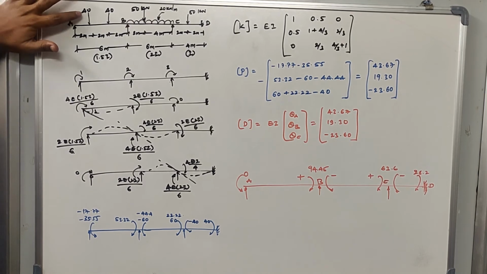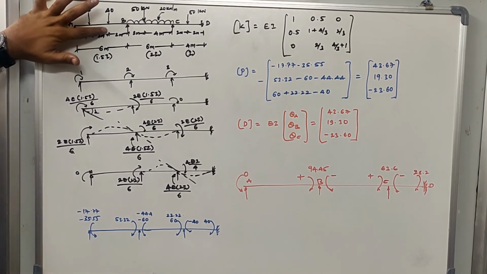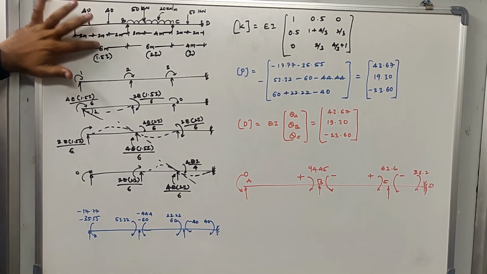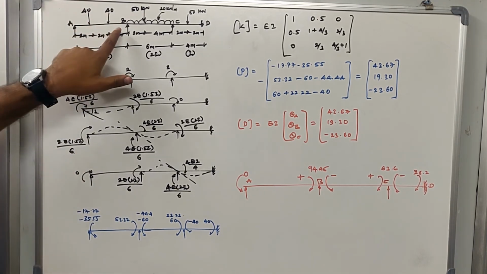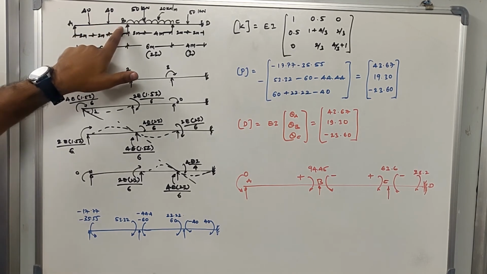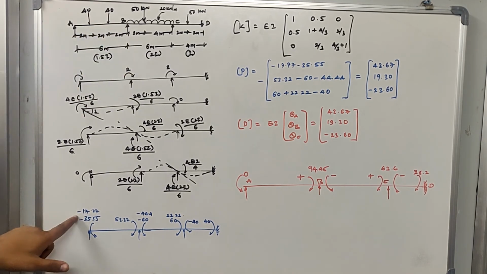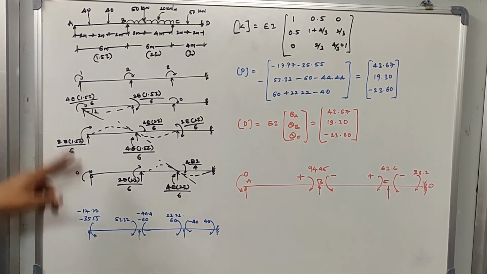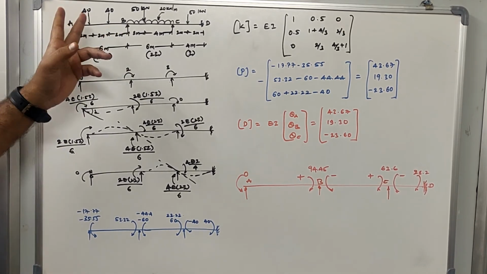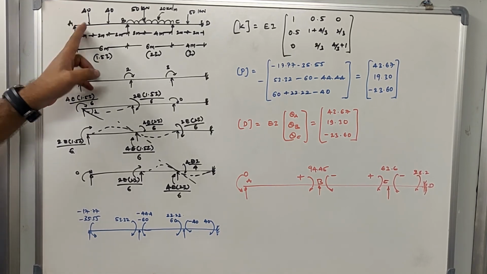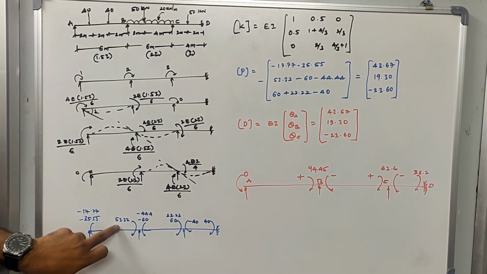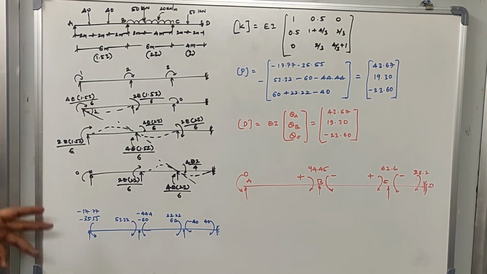Okay, so here 40 into 2 divided by 4 square divided by 6 square will give you this much. Next again 40 into 4 multiplied by 2 square divided by 6 square will give you minus 17.77. If I add these two, it will become 53.32. As we know, it is symmetry, so that's why if it is negative 53.32, here it will be positive 53.32.